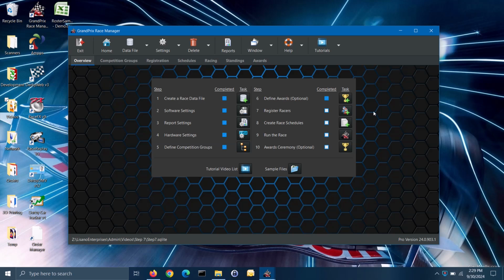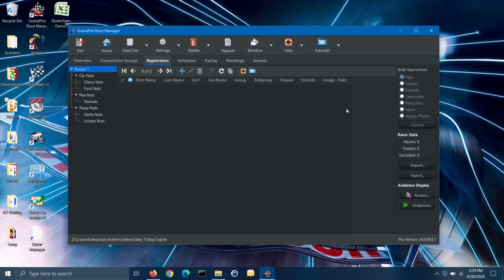On the Overview tab of the main screen, click on the shortcut button for Step 7. This takes us to the Registration tab. Note, the columns displayed on this tab are affected by what you have set in the Software Settings screen. There are also some features that are only available in the Pro version of the software. Also note, the functionality of this tab is much like that of the Awards tab, which we covered in our